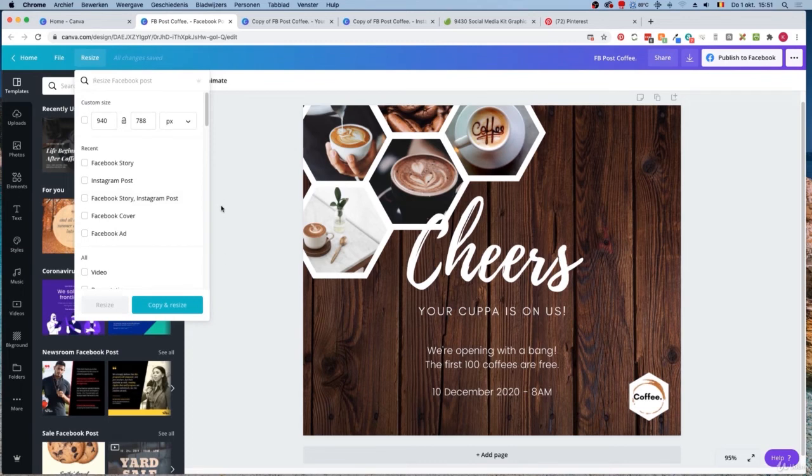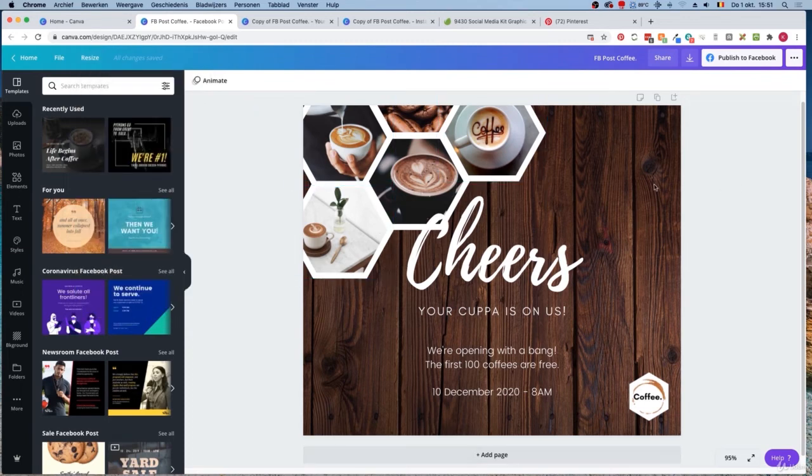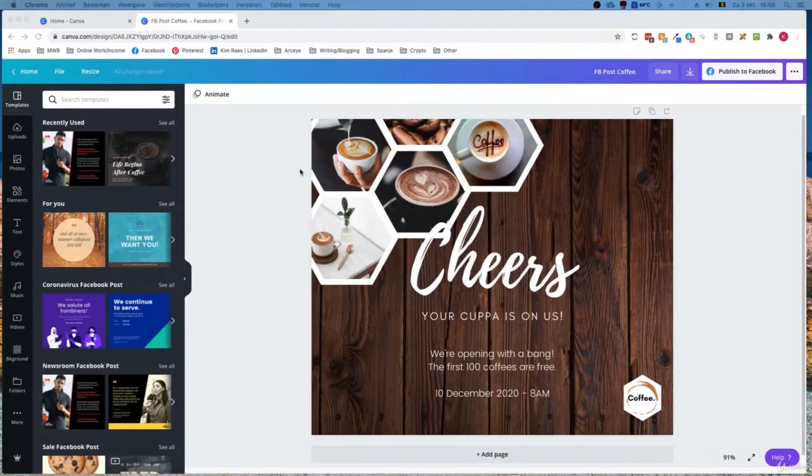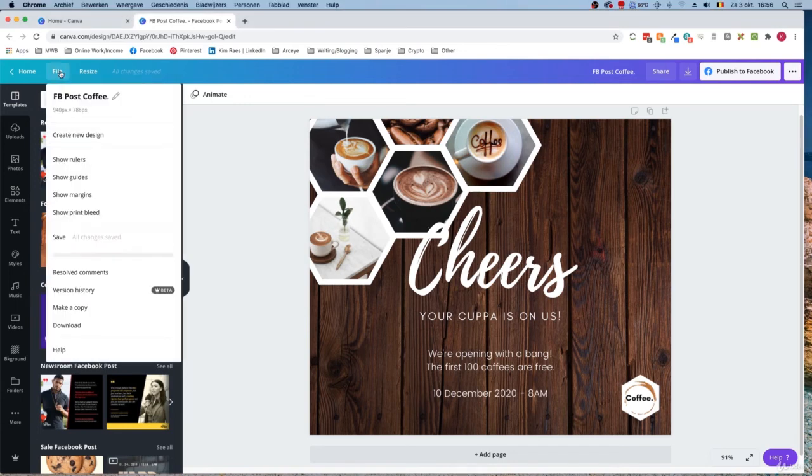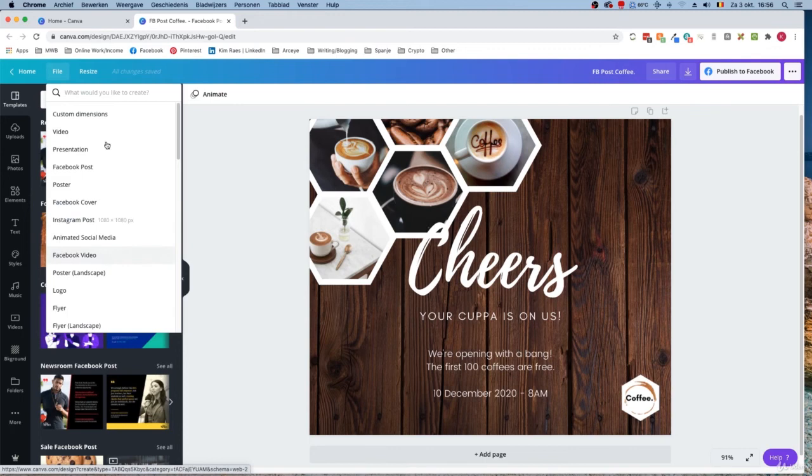We can do that very easily with Canva Premium, because as a little reminder as well, we don't have this option in the free version of Canva. How do you go about changing your format into different sizes for different social media channels with the Canva free version then? In that case, we don't have the resize button here, but what we can do is click on File, we can create a new design, and then we get all the options again to choose the size we